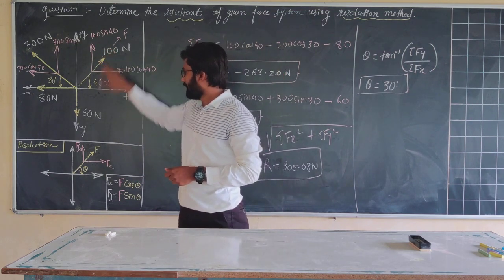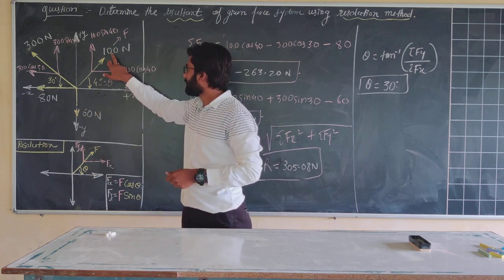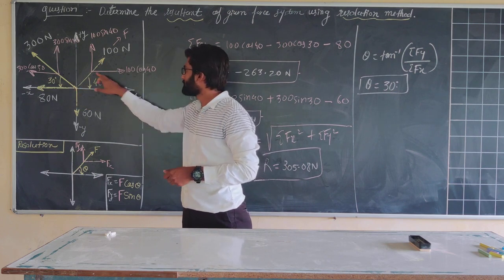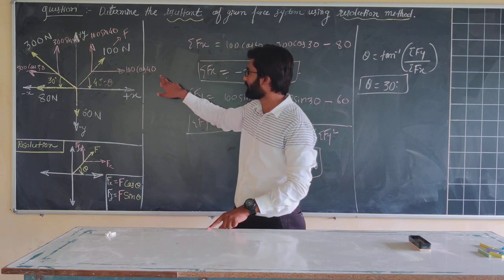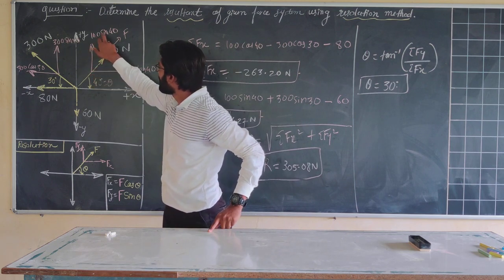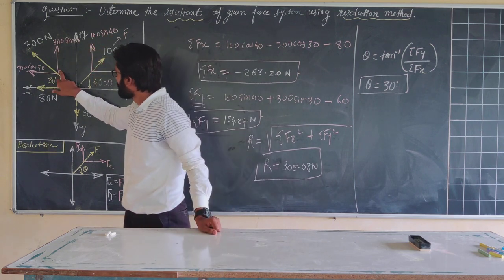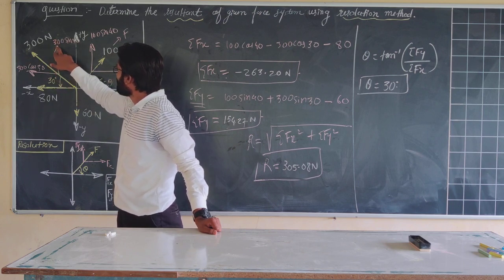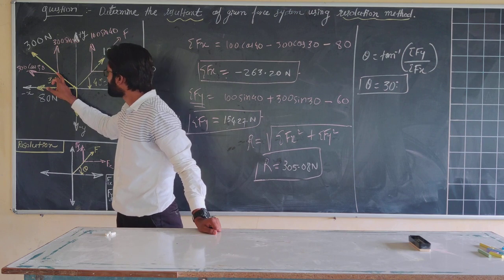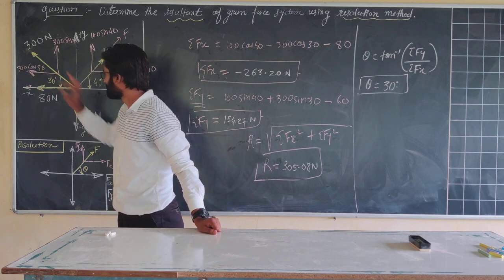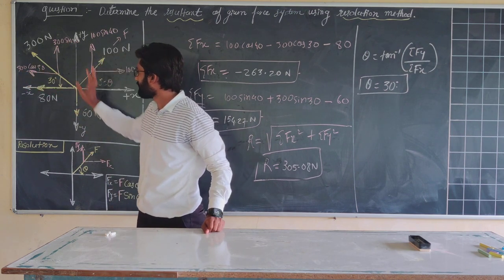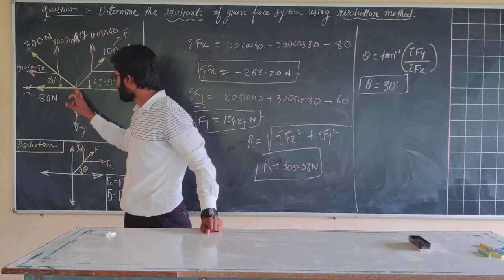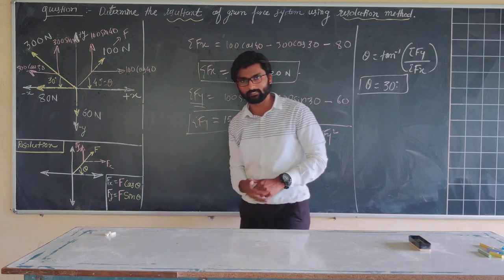Now for this, using this concept, the 100 Newton inclined force, which is making an angle of 40 degrees with respect to x axis, has an x component of 100 cos 40 and a y component of 100 sin 40. Similarly, when we resolve the 300 Newton force into two components, its vertical component will be 300 sin 30 and its horizontal component will be 300 cos 30. The inclined forces we have resolved. The other two forces, acting along the axes, one along negative x-axis and one along positive y-axis, we keep as they are.